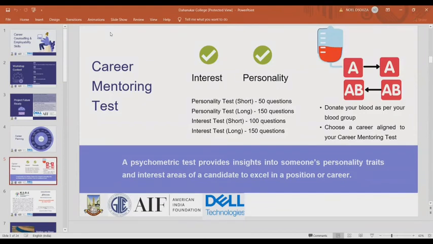Now how do you actually assess yourself, and how do you know what career is the best for you? So here we present you a psychometric test. We will be giving you a link for a psychometric test, which you can avail for absolutely free. You'll be asked certain questions based on your interest and personality. On completion of your test, you would get an entire psychometric report, which would tell you what is basically your interest or your personality type, and according to that what are the best career options for you.